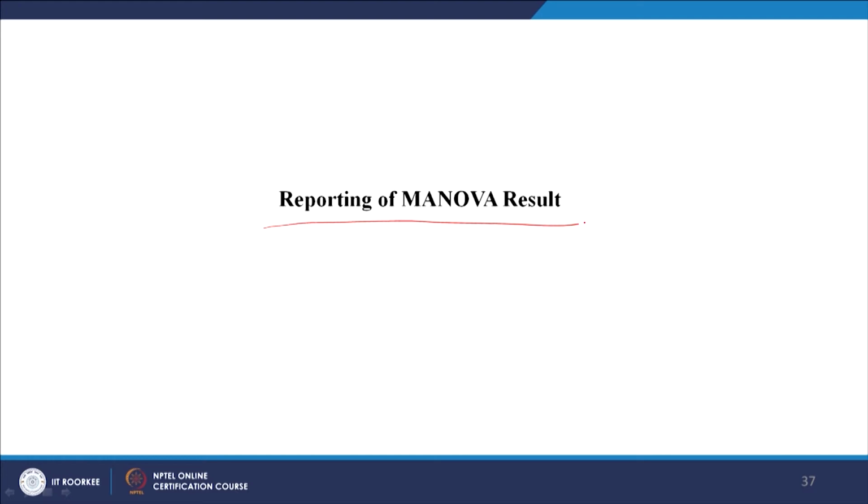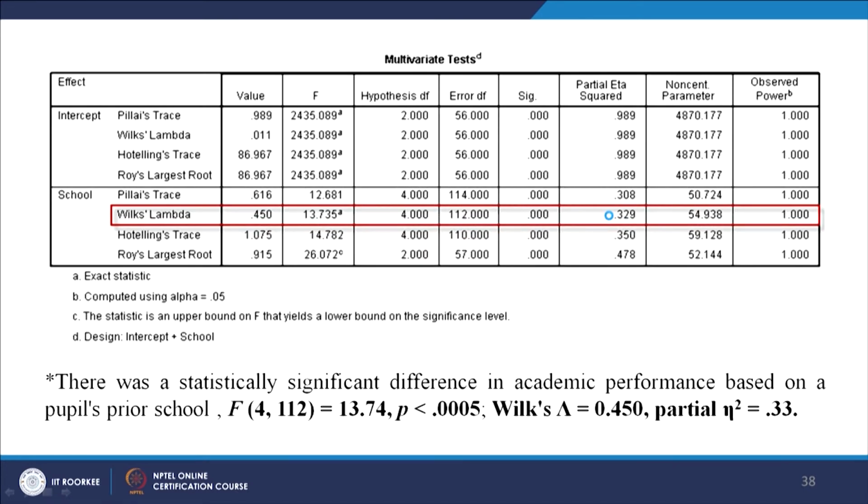Now, how do you report? Let us see. This is very important. After this I will show you also a problem on SPSS. This is how you will get a table. Here you see the school, the independent variable we are talking about. There are Pillai's trace, Wilks' lambda, Hotelling's trace and Roy's largest root, out of which this is the one which we generally report in any research publication. Roy's largest root is also good, but it is highly sensitive to normality, the basic assumptions of MANOVA, but Wilks' lambda is more robust.